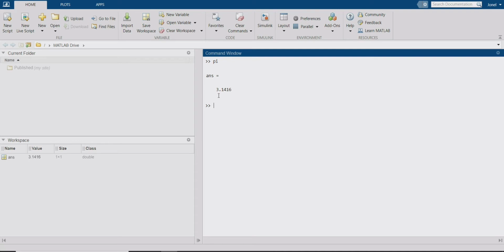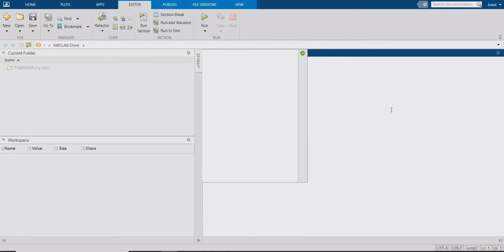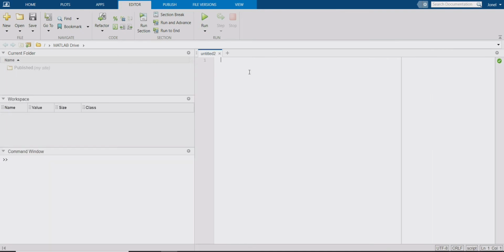Para makapag-plot tayo, ang una natin gagawin is click itong new script. So let's clear this first. So, ang una natin gagawin upang makapag-plot ay pindutin lang natin itong new script dito. So, lalabas itong new script natin. Ayan. So, dito tayo pwede nang